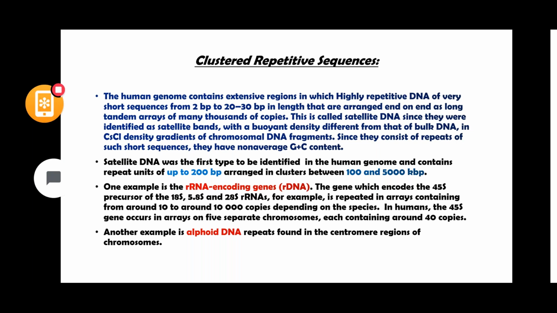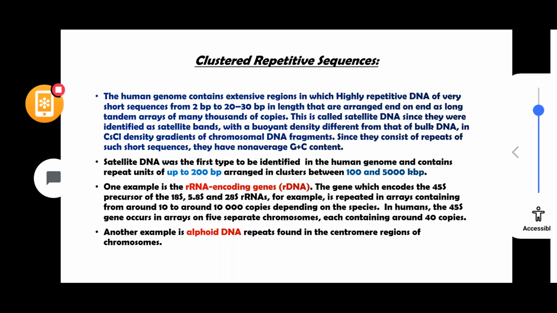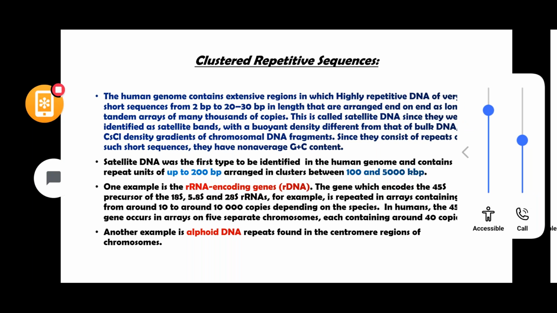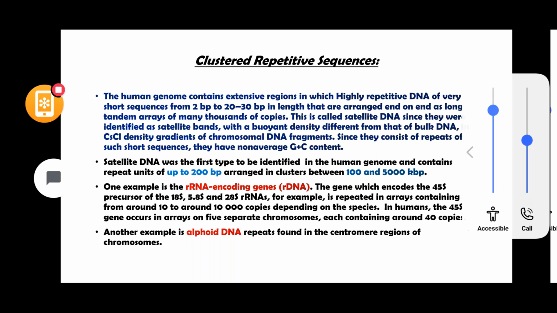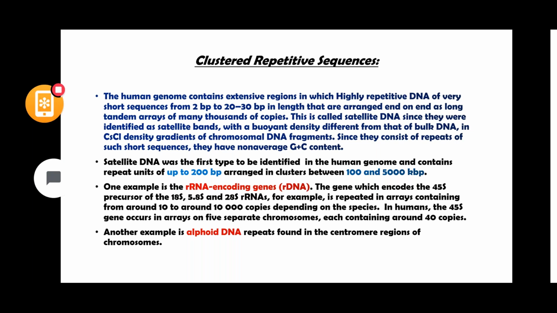Okay, so now you can see in this figure, this is the experiment which is carried out to separate this satellite DNA and the main band DNA. You can see the density gradients, and they are using a high concentration of salt, which is cesium chloride. They have done density gradient centrifugation. So based on this density, the DNA is